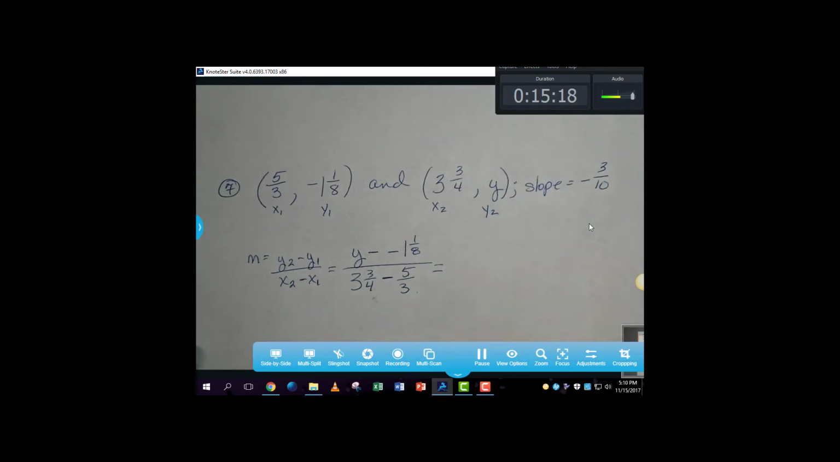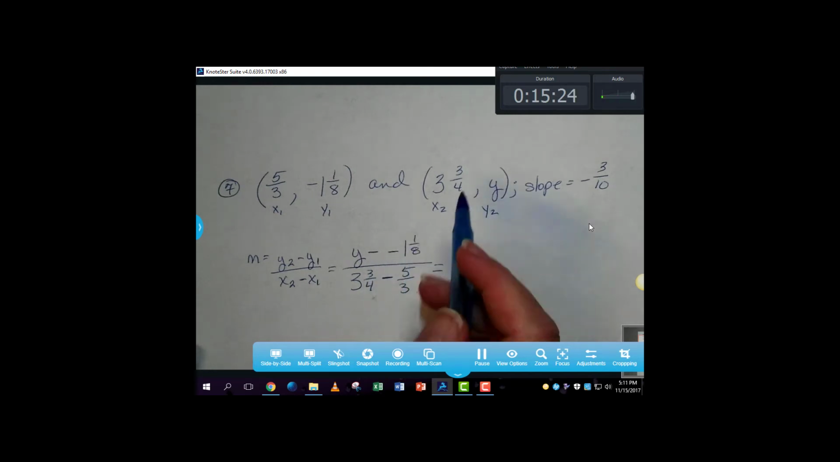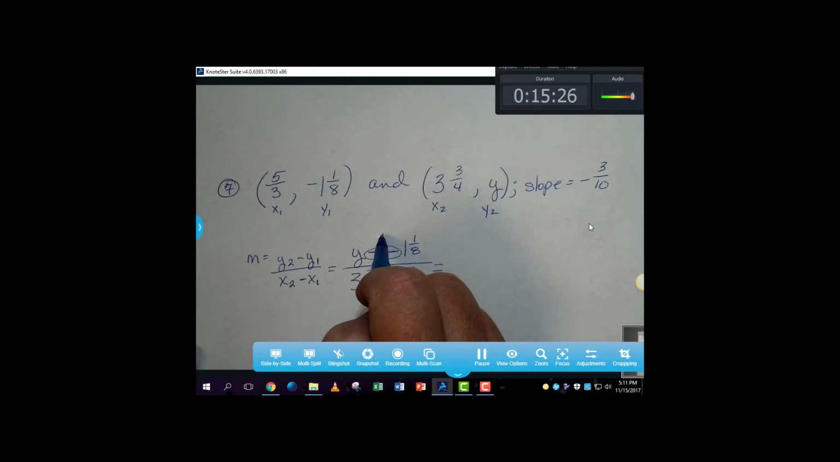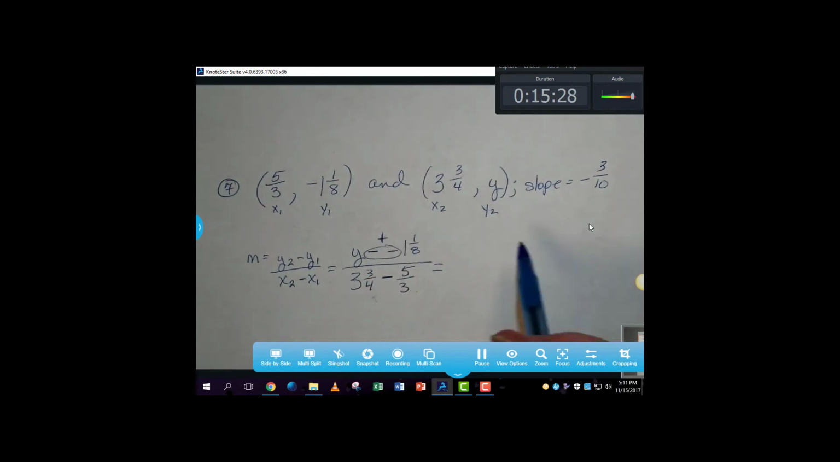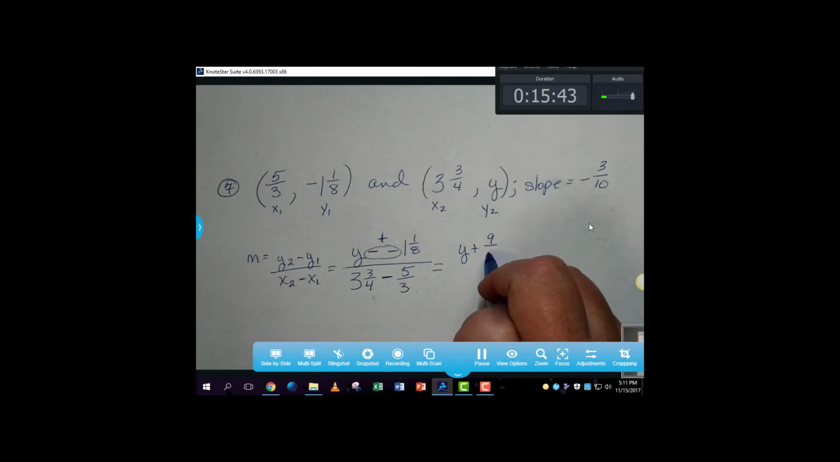I'm going to go ahead and simplify this. I'm going to have y minus negative 1 and 1/8. That's going to be really plus. And what else I'm going to do is go ahead and convert this from a mixed number to an improper fraction. So I'm going to have 8 times 1 is 8 plus 1 is 9. So I'm going to have y plus 9/8 is equal to,